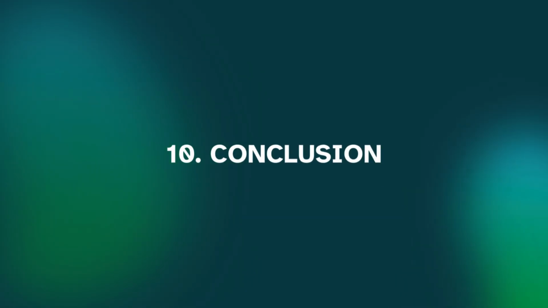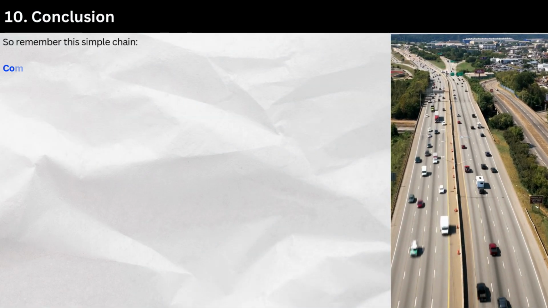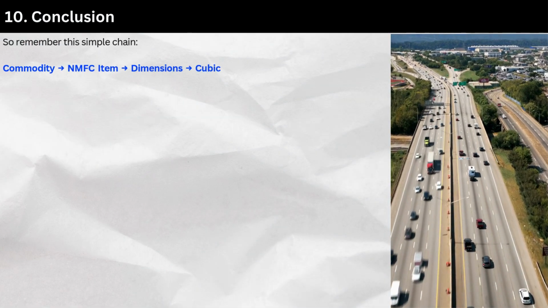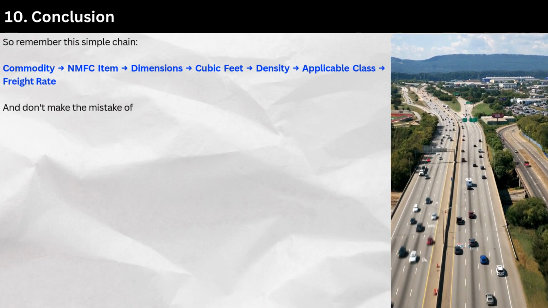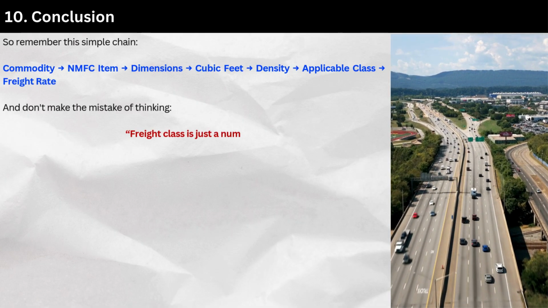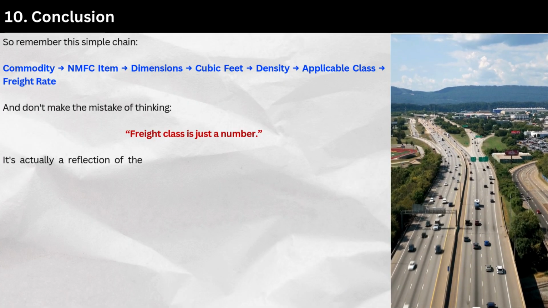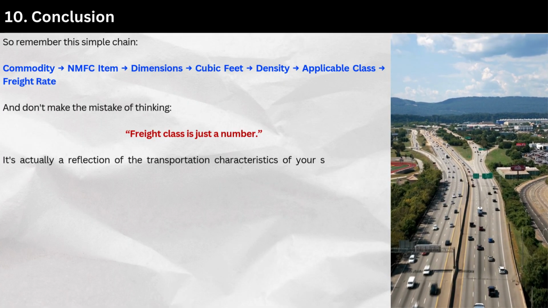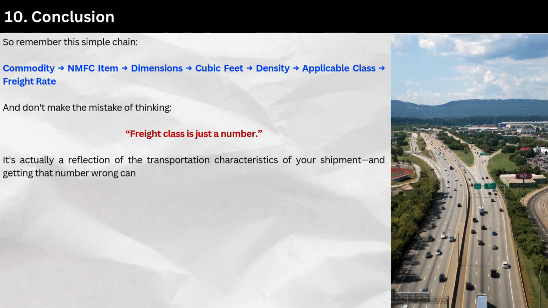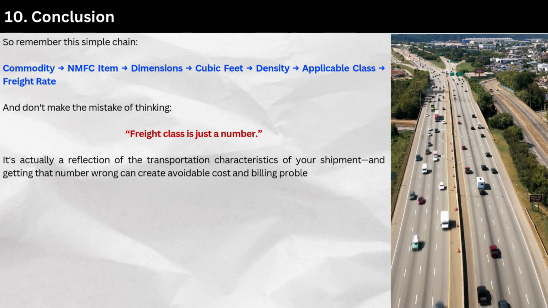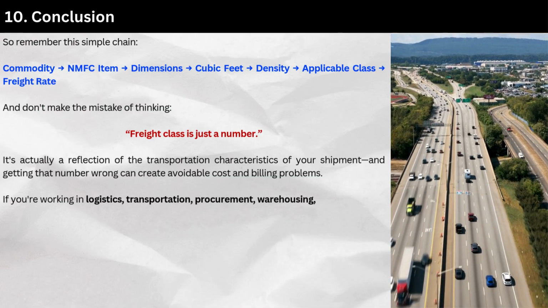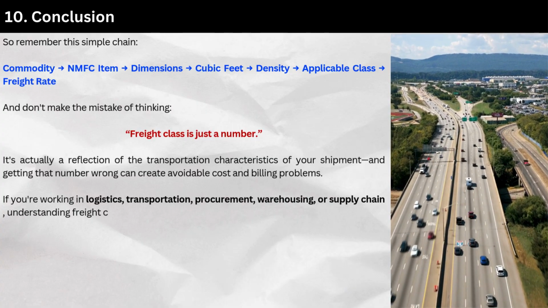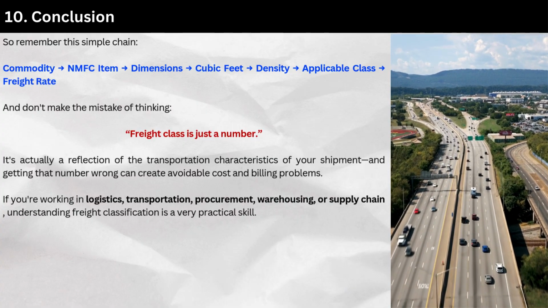10. Conclusion. So remember this simple chain. Commodity, NMFC item, dimensions, cubic feet, density, applicable class, freight rate. And don't make the mistake of thinking freight class is just a number. It's actually a reflection of the transportation characteristics of your shipment, and getting that number wrong can create avoidable cost and billing problems. If you're working in logistics, transportation, procurement, warehousing, or supply chain, understanding freight classification is a very